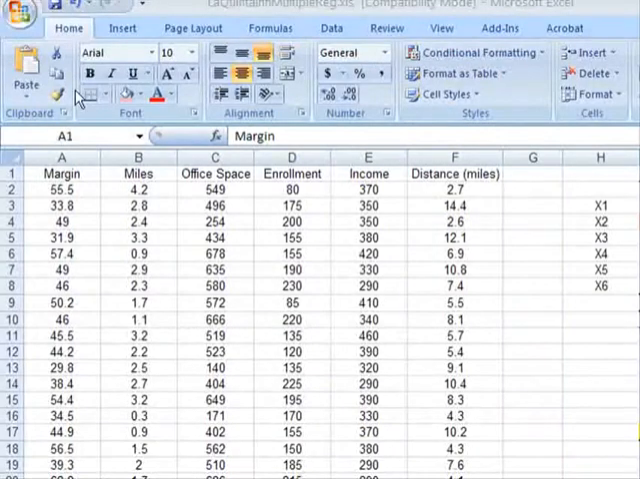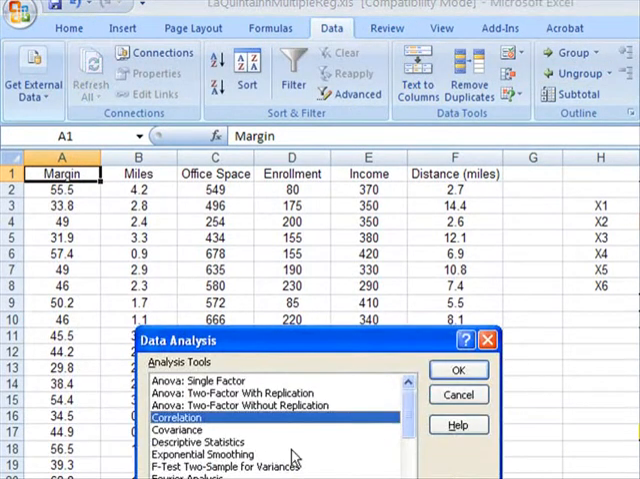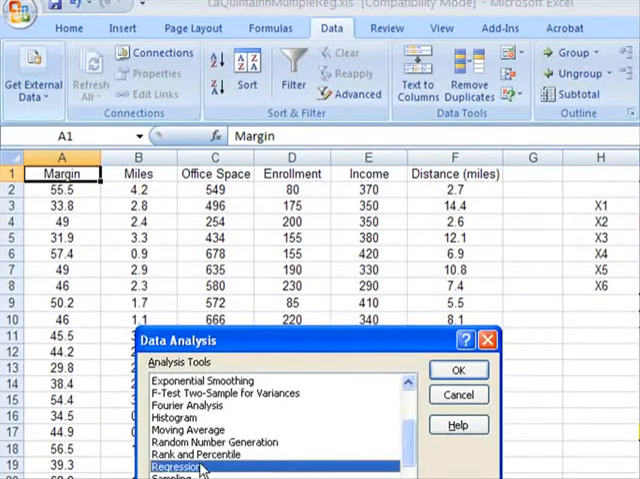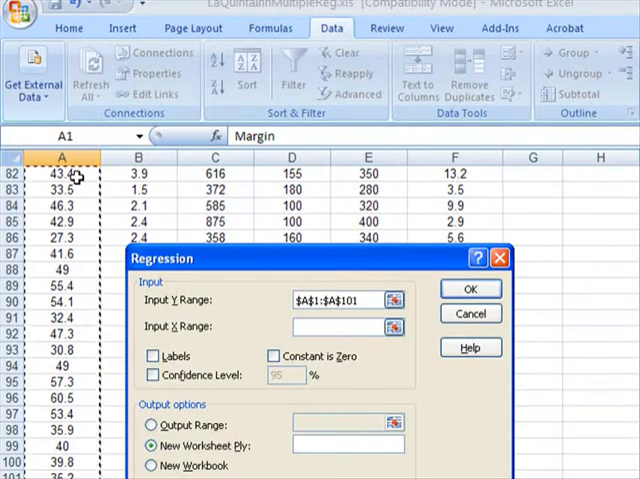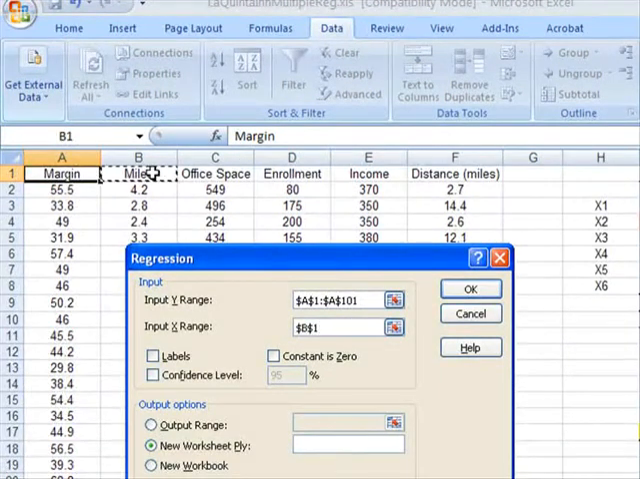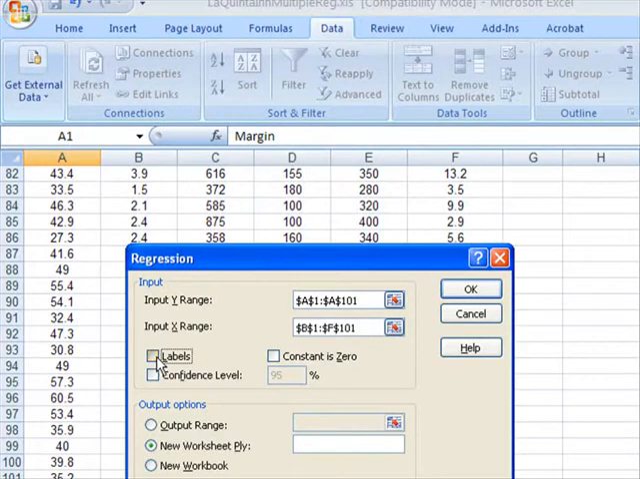So we go back to our data and click on data, data analysis, regression, and we select my y. So always use the titles, Control Shift down. For the x, I always go back again, click on miles, Control Shift right and down to select the rest of the variables. Make sure you check labels, and confidence